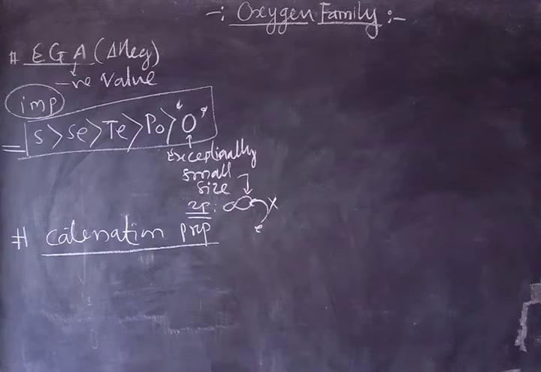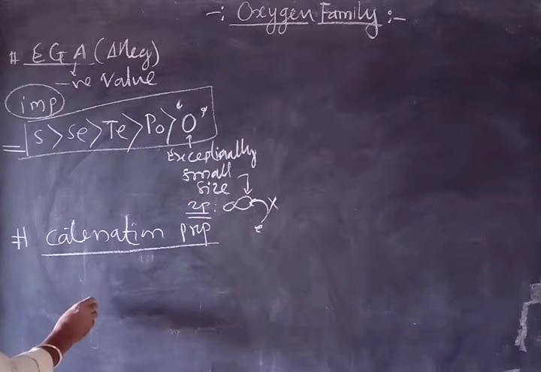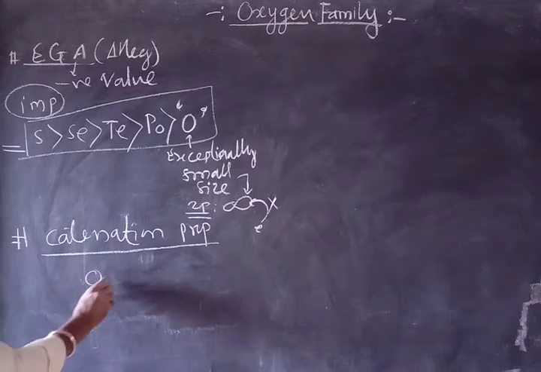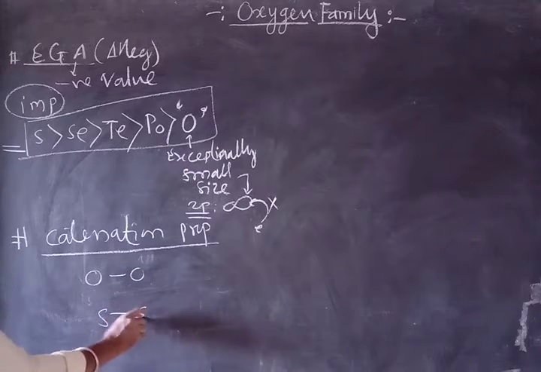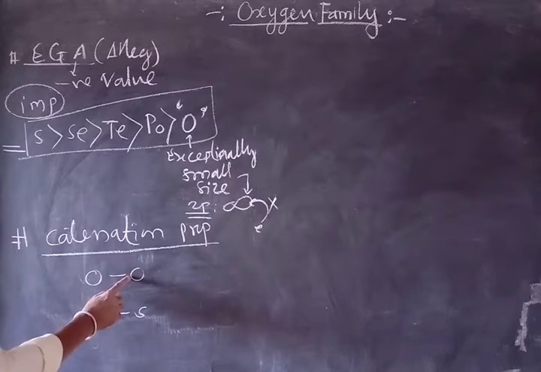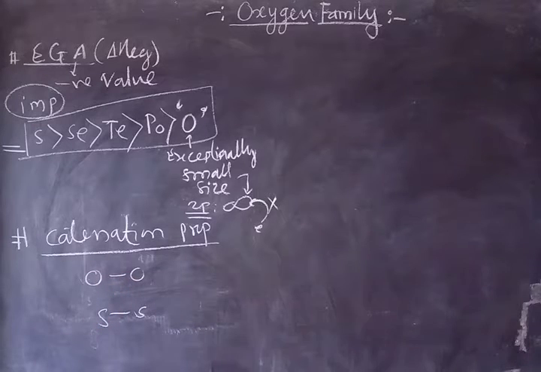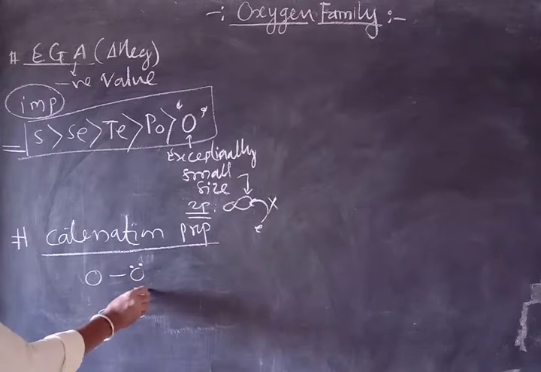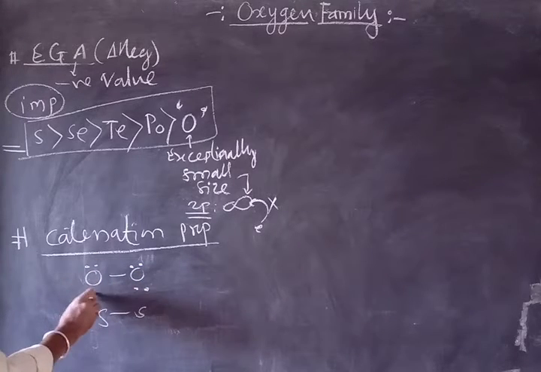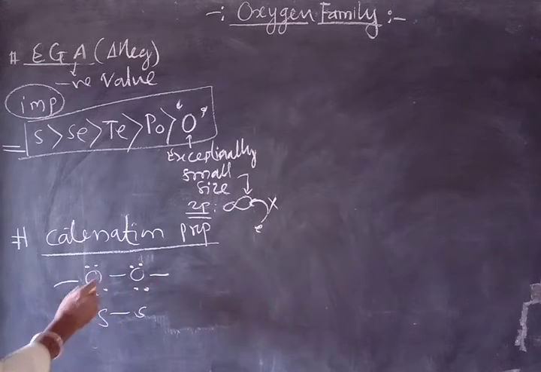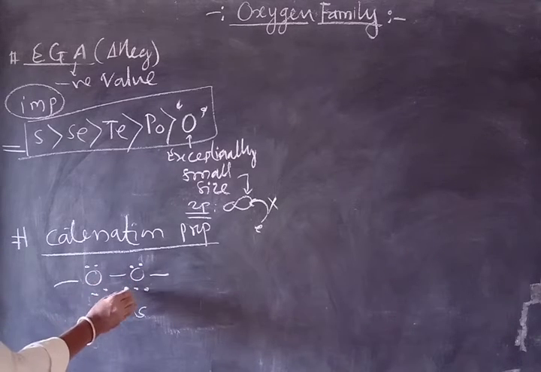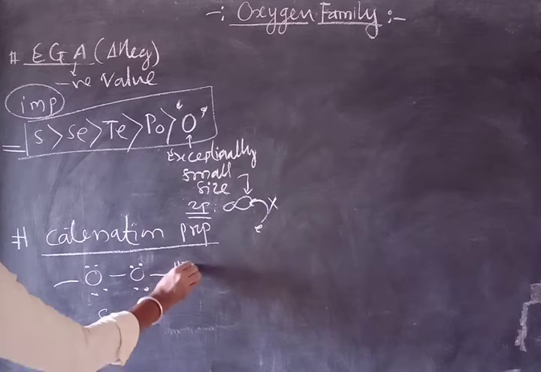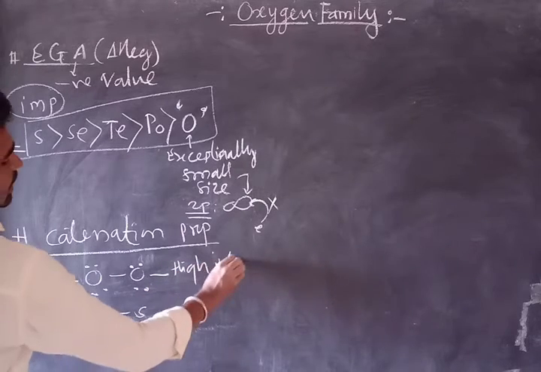And about the catenation property, here we just consider oxygen single bond and sulfur single bond. Oxygen has 2 lone pairs present on it, and because it is very small, there is a very high inter-electronic